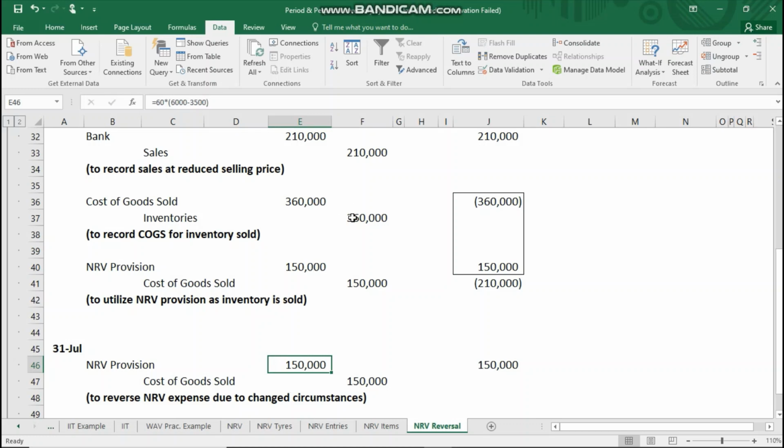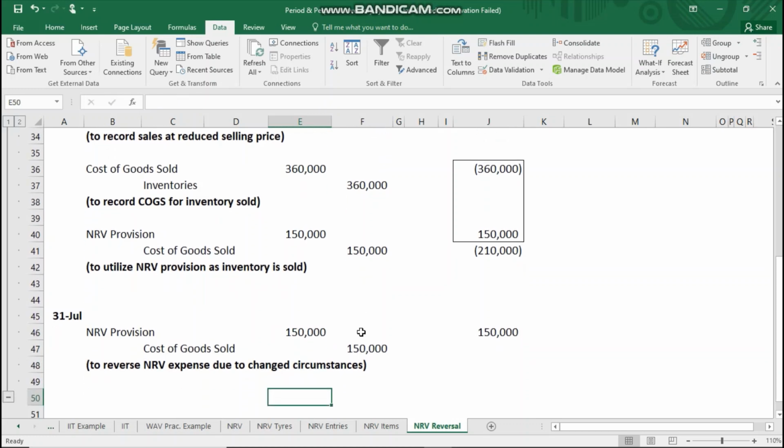ठीक है, तो ये इसकी इंक्रीज है। और इसमें की पॉइंट ये है कि जब सर्कमस्टांसेस चेंज होते हैं और आपको रिवर्स करने की जरूरत पड़ती है, तो आप उतना ही अमाउंट रिवर्स कर सकते हैं जितना आपके पास इन्वेंट्री ऑन हैंड है और जितना आपने एक्सपेंस क्रिएट किया था। और इसका कॉरस्पॉन्डिंग इंपैक्ट आप प्रॉफिट एंड लॉस अकाउंट में डालते हैं, एक्सपेंस को रिड्यूस करते हैं, जैसा कि मैंने कॉस्ट ऑफ गुड्स सोल्ड को क्रेडिट किया है। ठीक है, तो ये इसकी एंट्रीज हैं जो होंगी अगर सर्कमस्टांसेस चेंज हो जाते हैं।